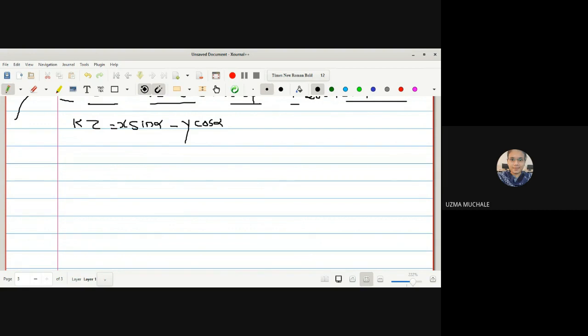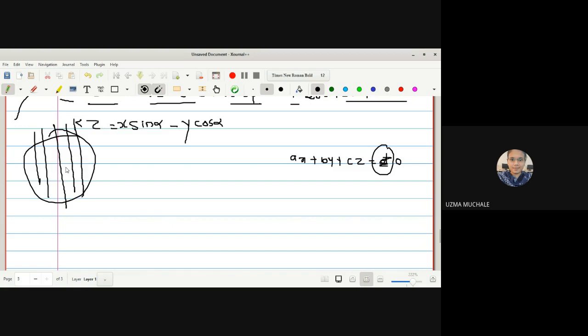Why am I saying passing through the origin? Because if you remember, the equation of a plane is ax plus by plus cz is equal to d. If this d is equal to 0, then it is the equation of a plane passing through the origin. And the center of the sphere gives the great circle, hence the geodesic on the surface of the sphere is an arc of a circle. Because what did we consider initially? What was our aim? We have one sphere, and we wanted to find out the geodesic.